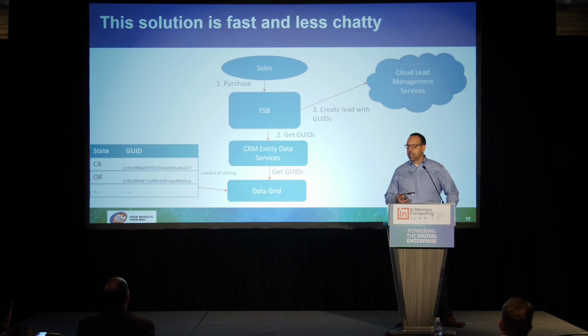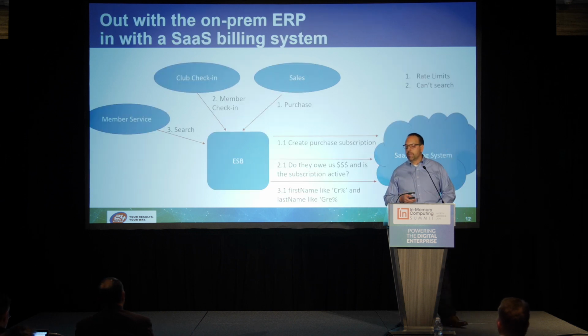And that's important because the chatty part is the multiple API calls we would have had to do to translate their GUIDs one by one, whereas we don't have to do that here. And then their APIs weren't particularly quick, and when you have 10 calls to it and it's slow, that's 10 times as slow. So that's been very helpful.